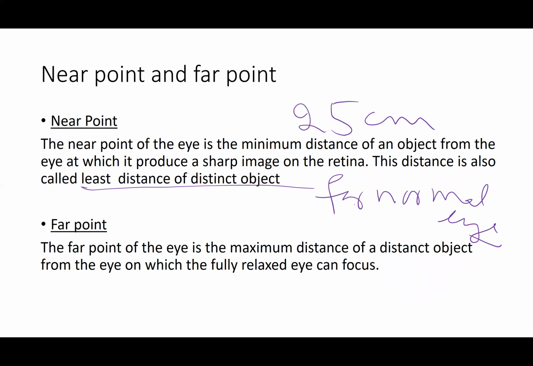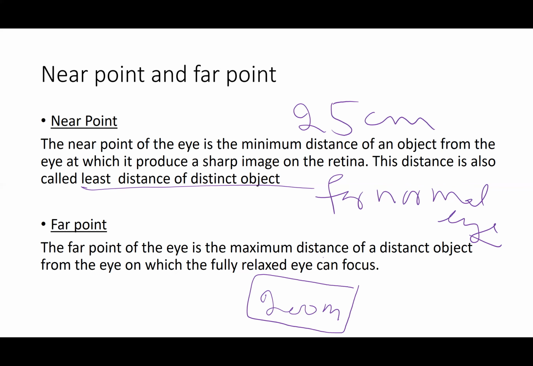Far point. The far point of the eye is the maximum distance of a distant object from the eye on which the fully relaxed eye can focus. So if you can see far objects at a distance of 200 meters, it is called the far point.